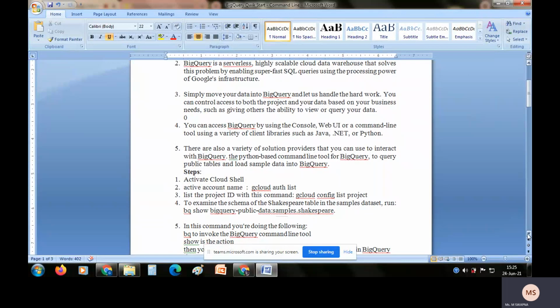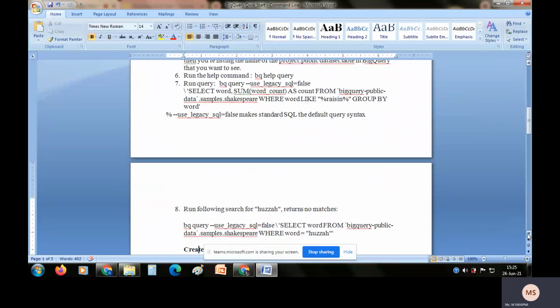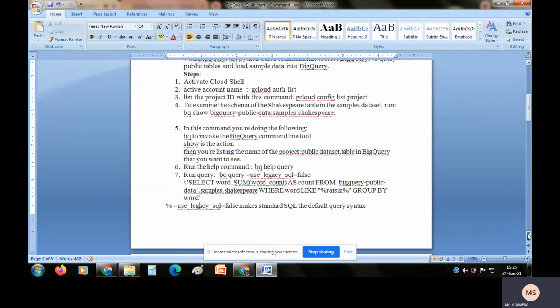There are almost 20 steps in this experiment, and I would like to explain it in a shorter way. It's a very simple program but somewhat lengthy. First, you need to log in to your Google Cloud account. Please activate your Cloud Shell. Once you activate your Cloud Shell, you have to authenticate your project in that environment, using gcloud auth list. Next you have to list the projects which are there in that environment. Once you have fixed the environment for your GCP project, then you can start your execution.